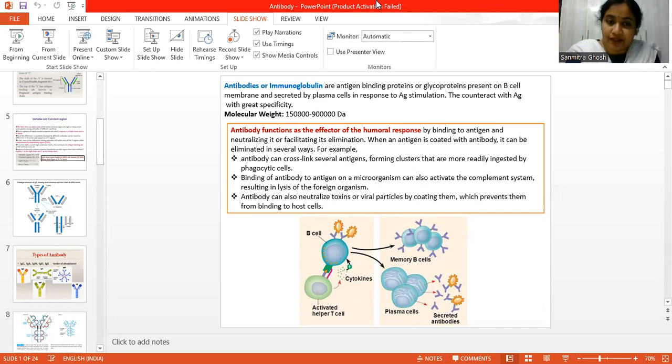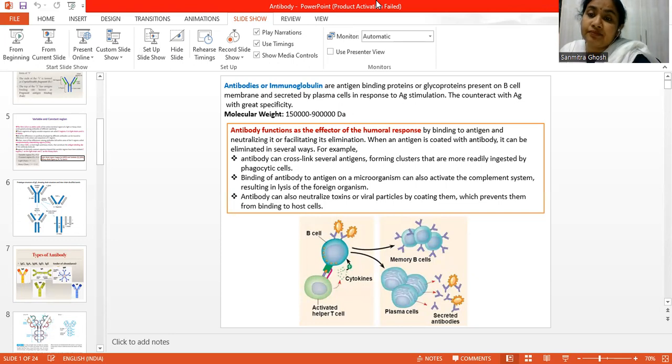Here is the answer. Antibodies, which are also known as the immunoglobulins, are proteins or glycoproteins that can bind the antigens, and they are present on the surface of the B cell membrane in the form of the B cell receptor or BCR, and they are secreted by the plasma cells in response to antigen stimulation. Once the naive B cell, the small naive B cell, which is in the G0 phase, interacts